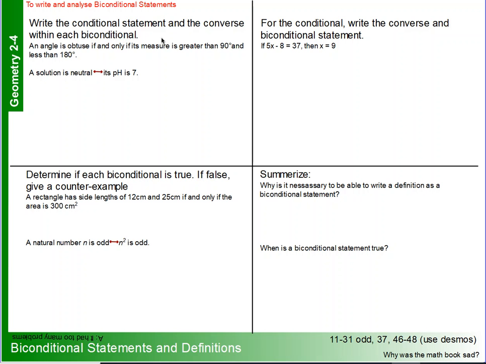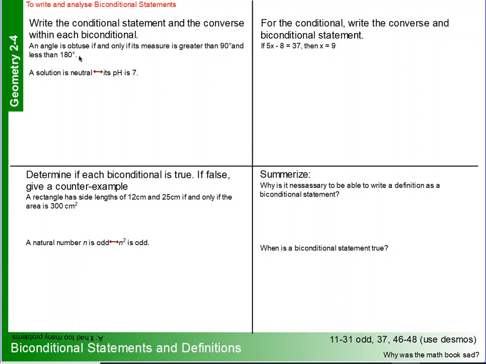All right, so here we go. Write the conditional statement and the converse within each biconditional. That's important because we know that a biconditional statement combines the conditional statement and the converse. So here we go: an angle is obtuse if and only if its measure is greater than 90 degrees and less than 180 degrees. The conditional in this is, if an angle is obtuse,